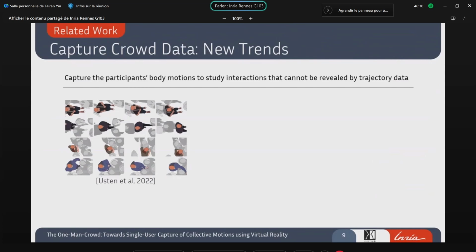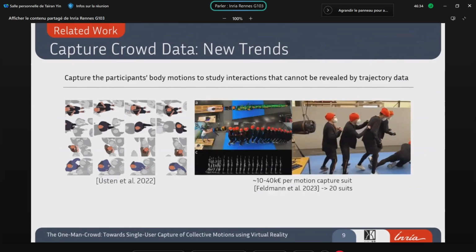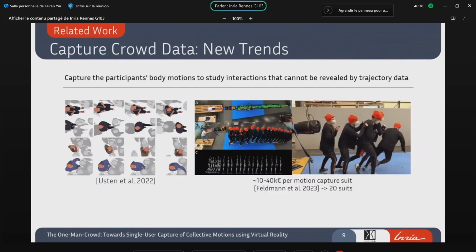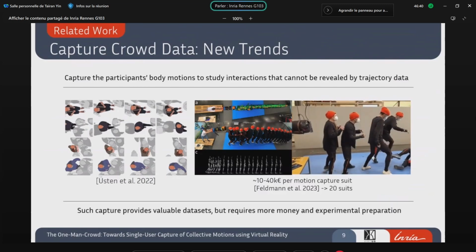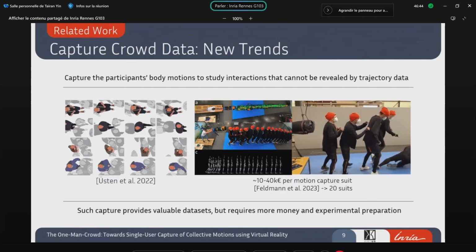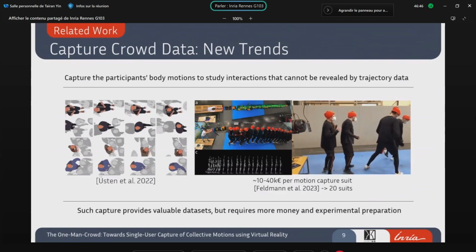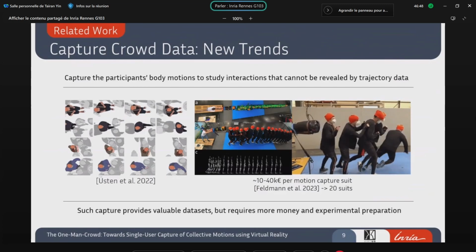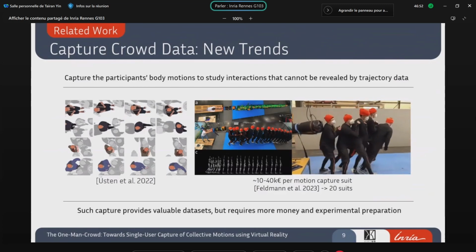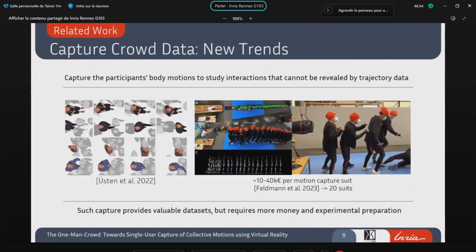For example, Houston and colleagues captured the pushing behavior in crowds, and Feldman and Chatagnon with their colleagues have studied the propagation of pushing in crowds. But it's also important to note that this maneuver requires a lot of money to purchase the motion capture devices, and eventually it will increase the amount of work for preparing such experiments.